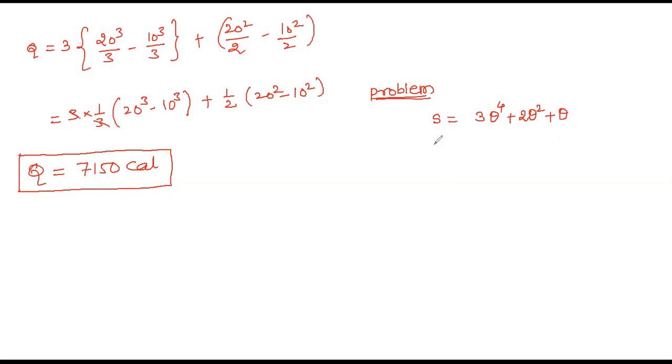And theta 1 is 1 degree Celsius, theta 2 is 2 degrees Celsius. And m you take 1 kg only, that is equal to 1000 gram, right? And you have to find q. Q is equal to question mark. Do it yourself,